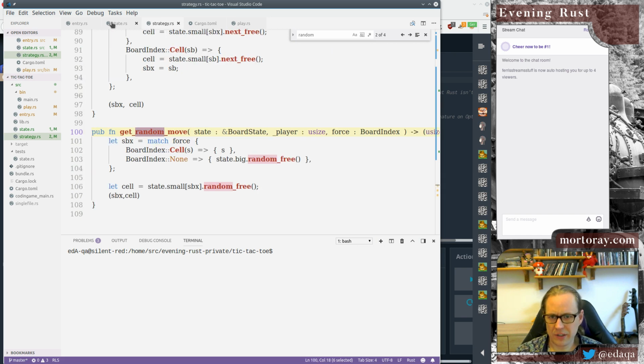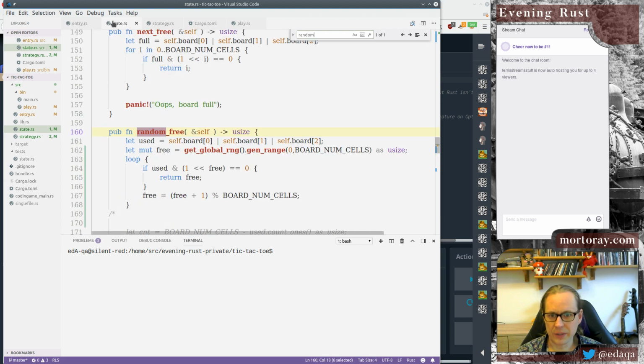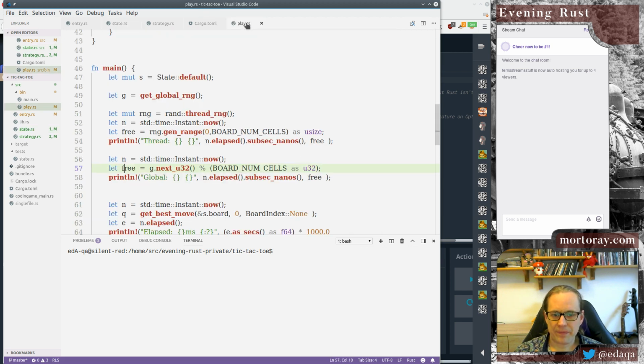Where am I? Actually, state's supposed to be here. Get random move, random. You can see this gen range here. I'm calling get global gen range, but this gen range is actually pretty slow, surprisingly. And so I put this output here, and if we actually do it here, if we do cargo